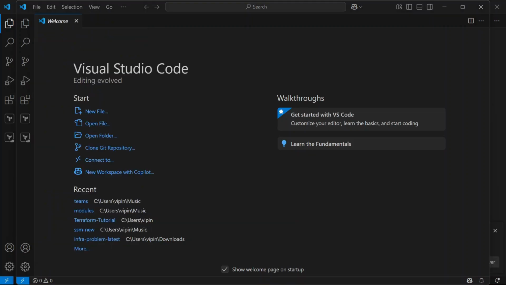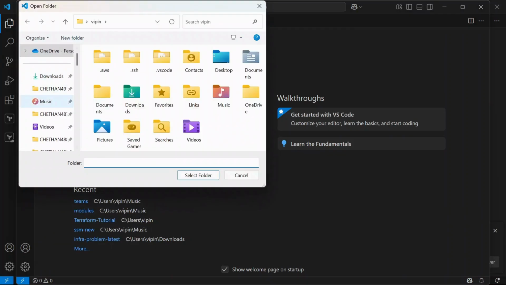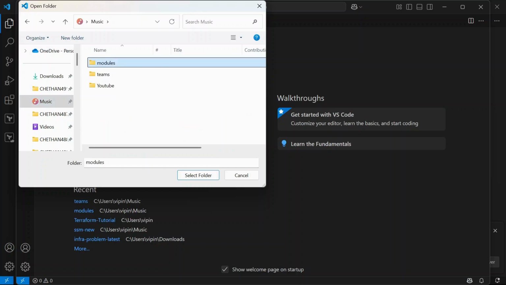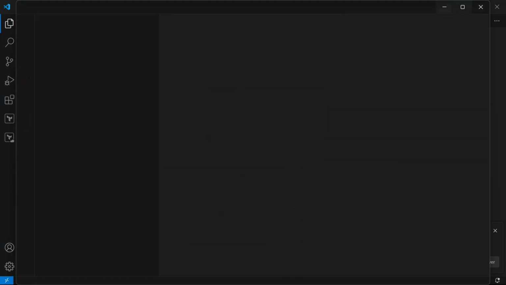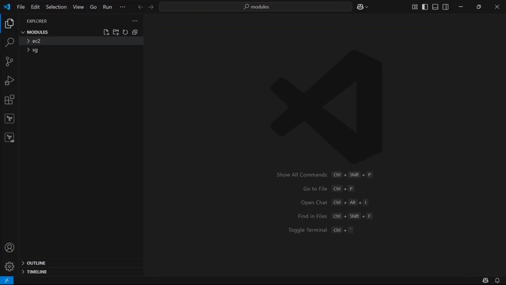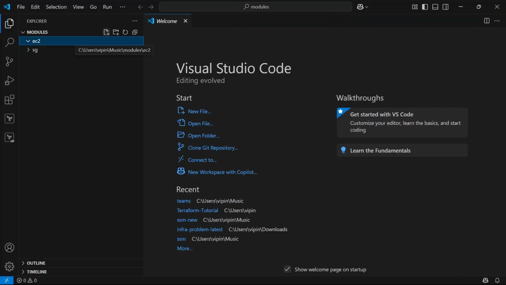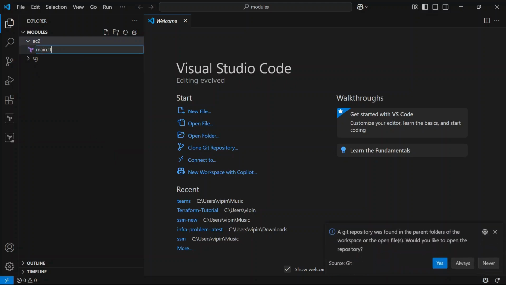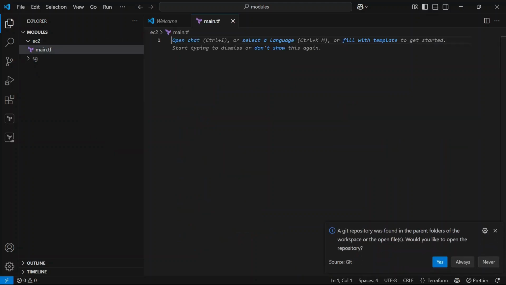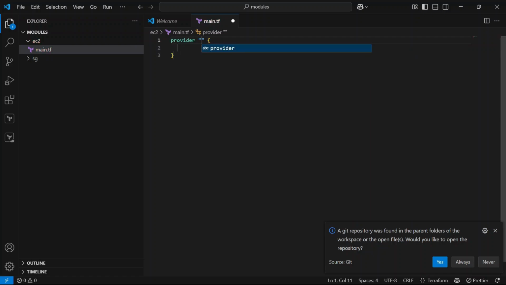Click on open folder, and I am going to open the modules folder. Expand it. Inside the EC2 folder we are going to have a main.tf file, and here we are going to provide the configuration that will create the EC2 instance.